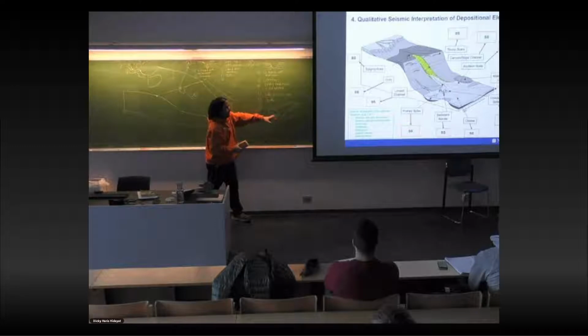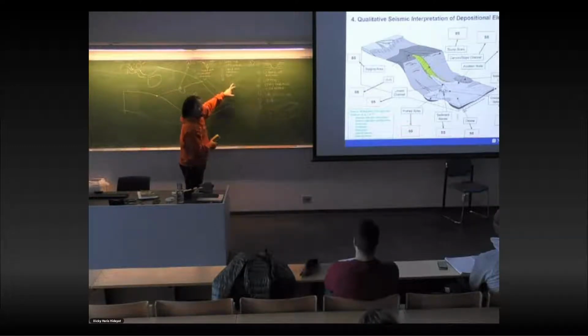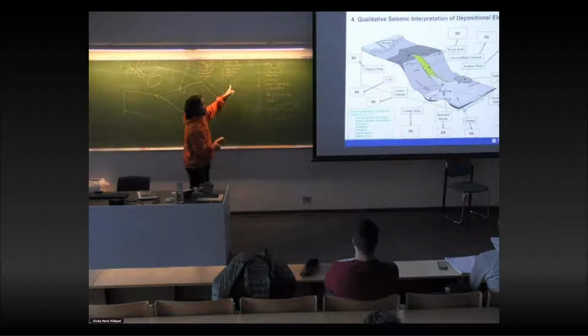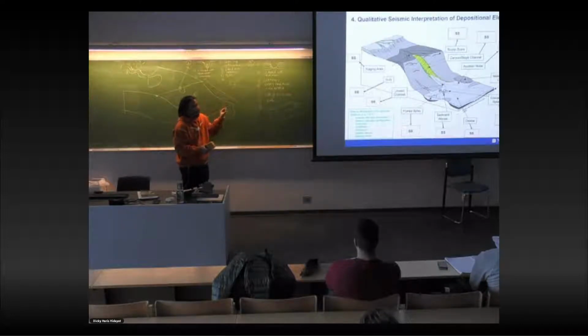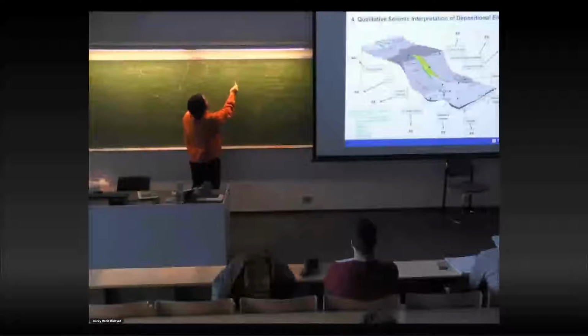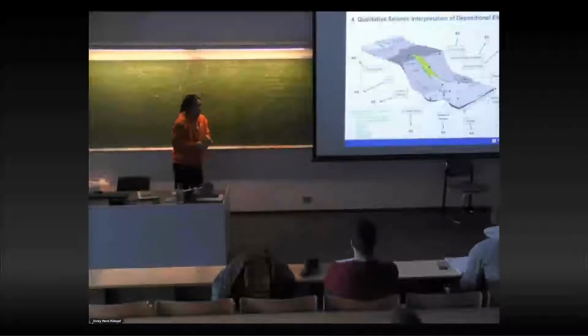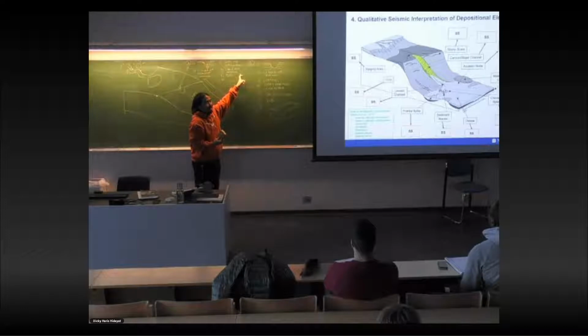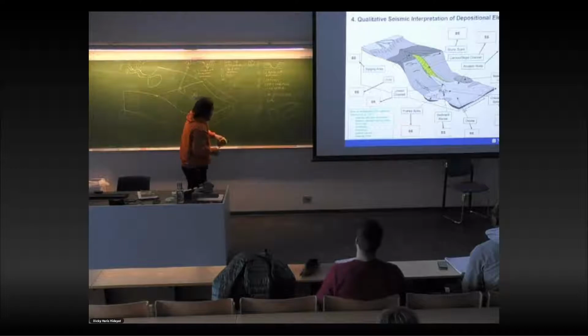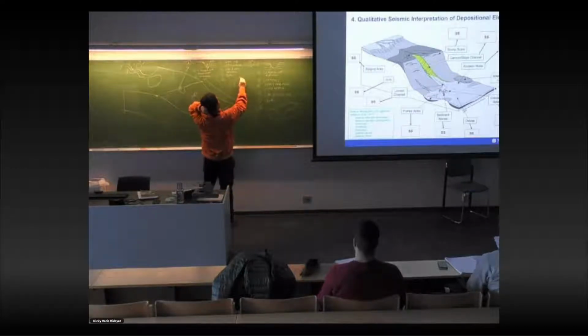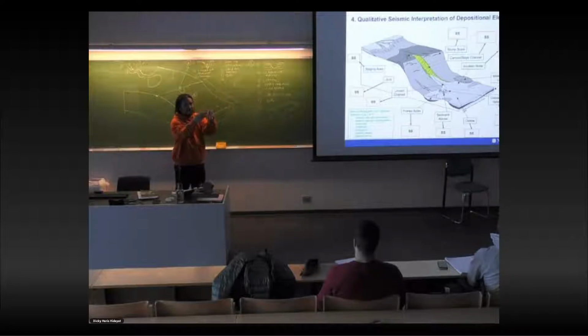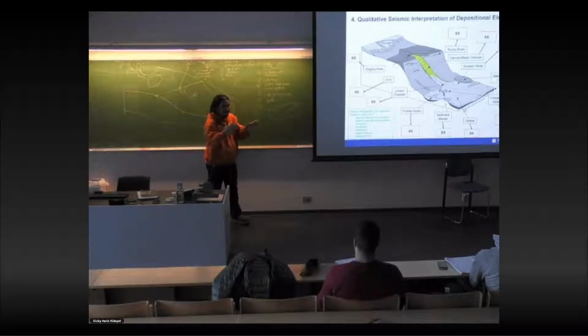Did you see the difference between the form here and here? The shape, yeah, this is U and this is V. And then look at here, I made it very sharp toward the proximal part, but here it's the same. So that's also a difference in the canyon. In the canyon, because this is related to the shelf edge, it becomes narrow, but in the channel system, more or less the same.